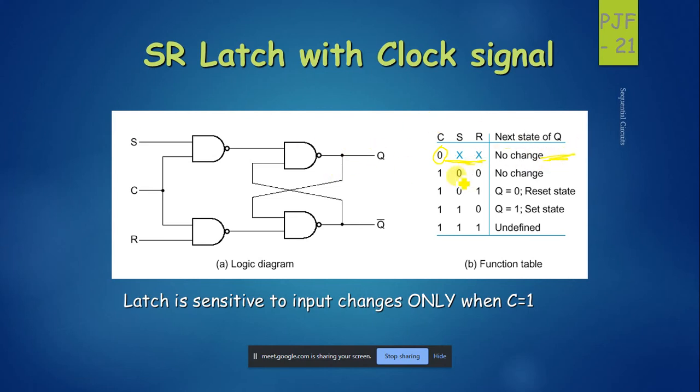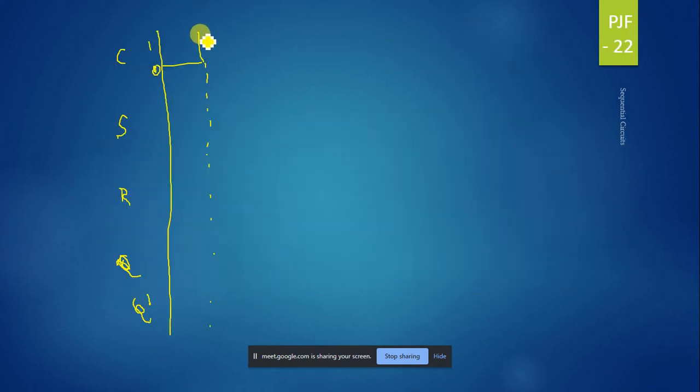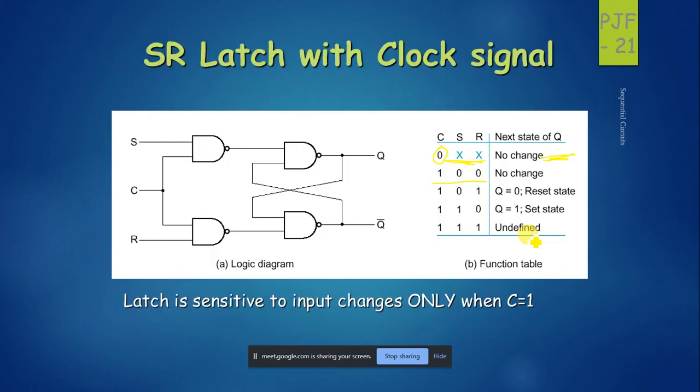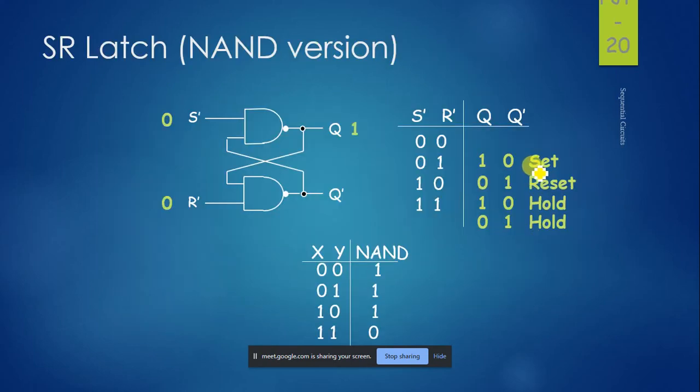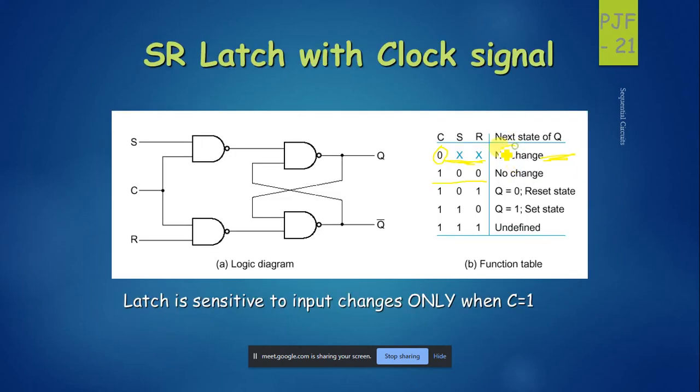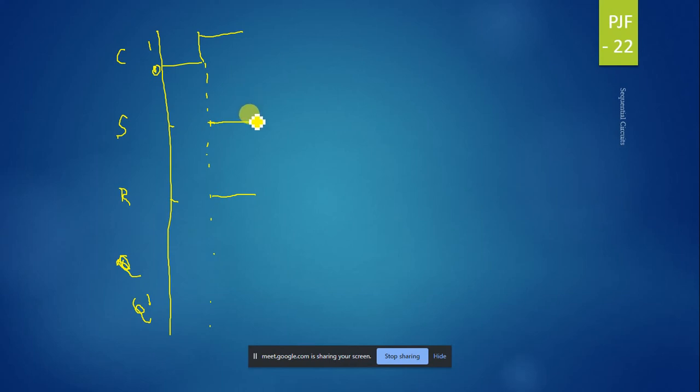Second, we'll start checking the change. The second thing is we have the clock as high. When the clock is high, S is considered to be 0, retaining its state. R also is considered to be in the 0th position. What is Q? Q will not change. Q will retain the same state, in this second column, so it will be at the 0th position only. Q complement also will be in an unchanged state. We don't know what kind of state this is.